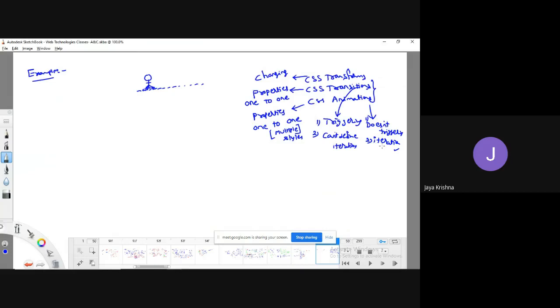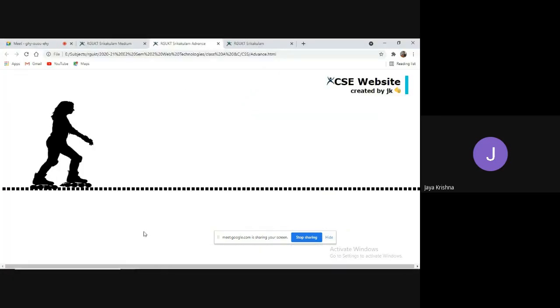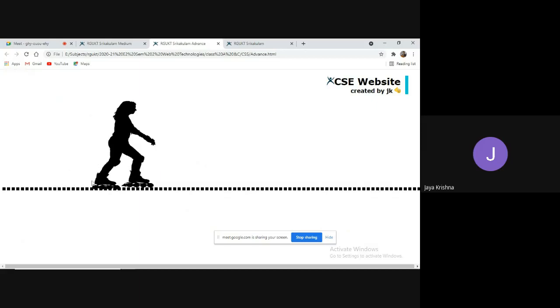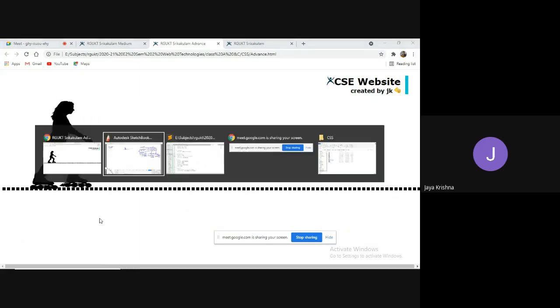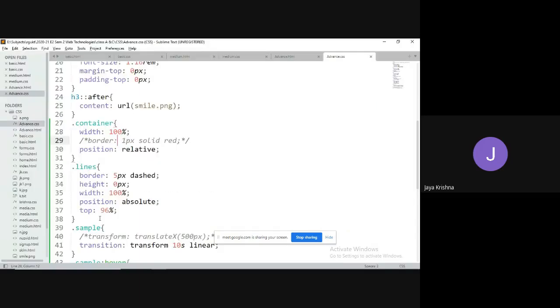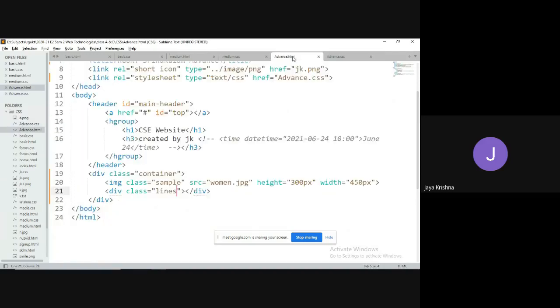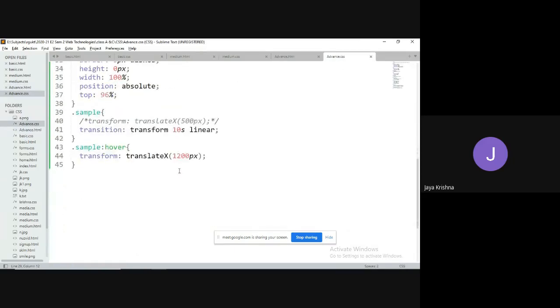Yeah, fine. What I will do is, observe guys, whenever I place the cursor, only then it is moving. Now I want to convert this into an automation, without involving a human. I need to make it slide. What I will do is access this element, dot sample, which I already did while explaining the concept of transitions. So instead of the transitions, I will remove the placing of the cursor also.